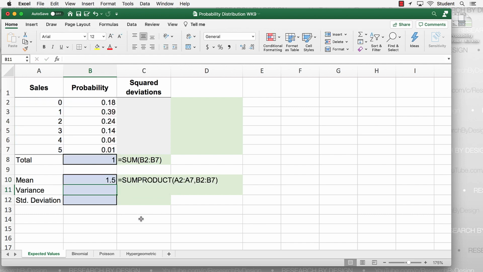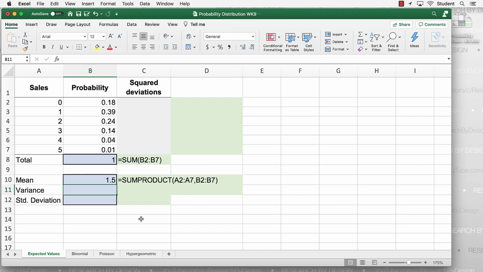This gives us an average of 1.5. And that was calculated by multiplying the sales figure times the probability. That product is then added up or summed, giving us a total of 1.5. So that means that we expect that the average sales will be 1.5 sales per day.